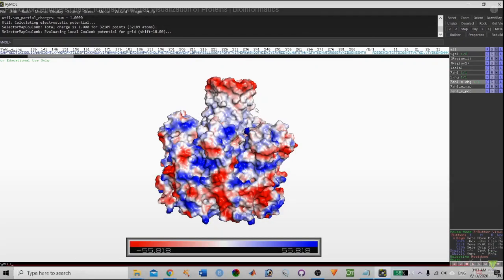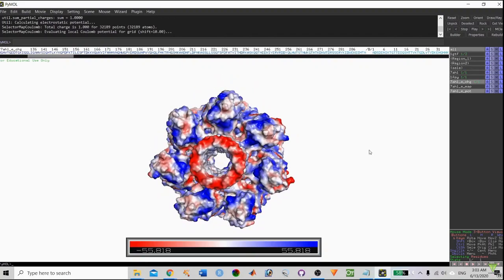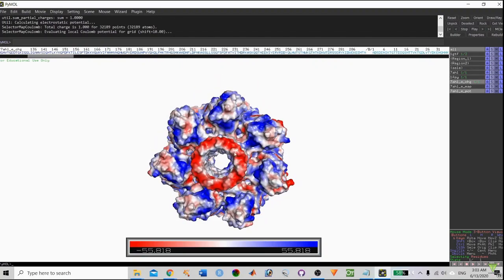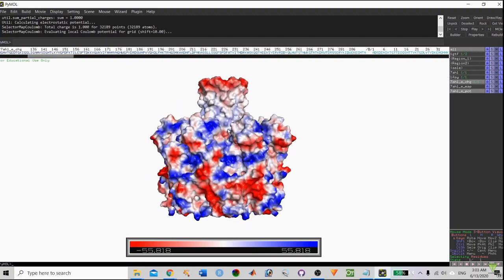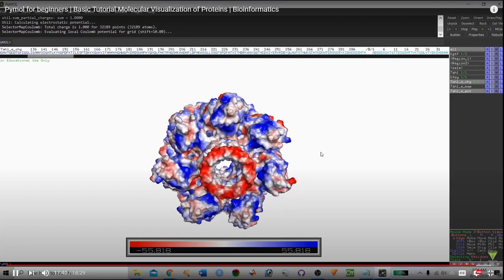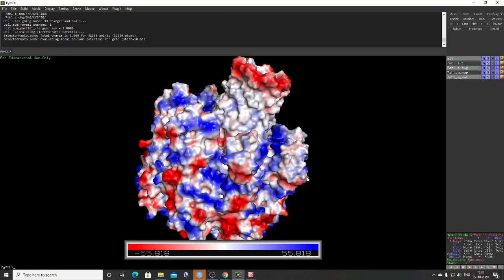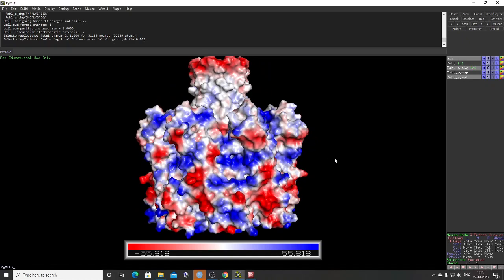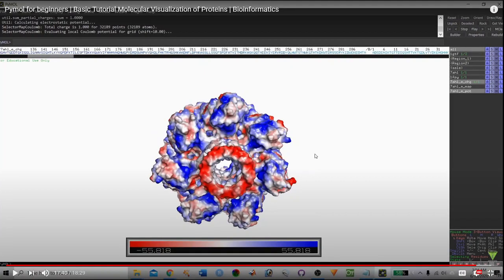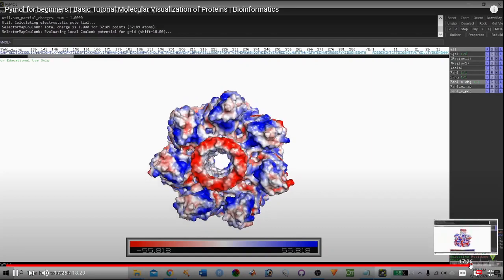Okay, if you click on this region, you will find an electrostatic potential map of your particular interested protein. Here you can see the positive, negative and neutral amino acids based on the color. So here are the basic amino acids. Now this is a vacuum electrostatic potential, right? Under the protein, we have seen there are positive amino acids and negative amino acids. Based on the charge, these regions, blue and red, are labeled. The basic amino acids fall under the blue color. The acidic amino acids are in this region.